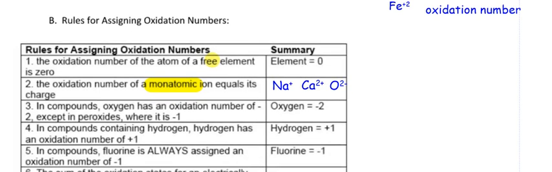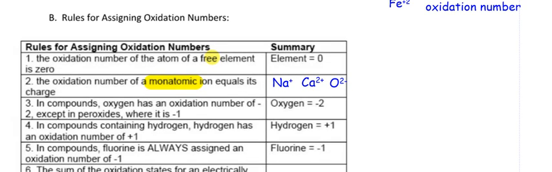Now look at number 5. Why is there an "always" in number 5? Because fluorine is the most electronegative element, and there are no exceptions to this. So fluorine as F2 is 0, and in any other case, fluorine will always, no exceptions, be -1. Like in number 3 again, what if I put oxygen and fluorine together, F2O? Fluorine will be -1, and oxygen will then be a positive number. Why is that? Because fluorine will have greater control over those electrons, forcing oxygen to be on the positive